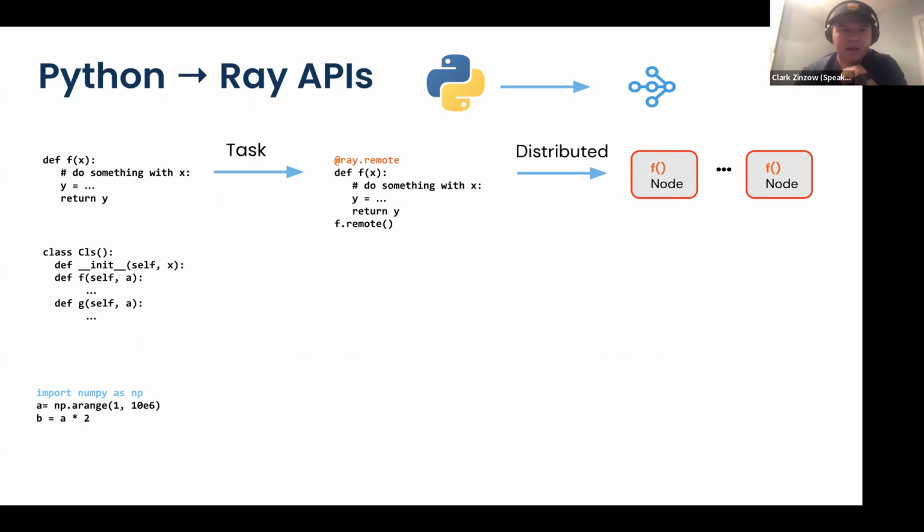The Ray equivalent is a task, where all you have to do to distribute invocations of these Python functions and execute them in parallel is add this ray.remote decorator. Then this function will be serialized and run on nodes in your Ray cluster.